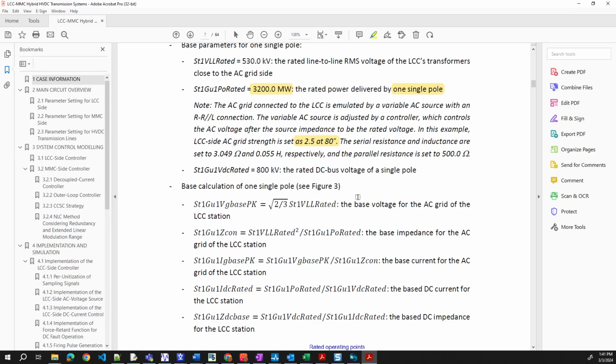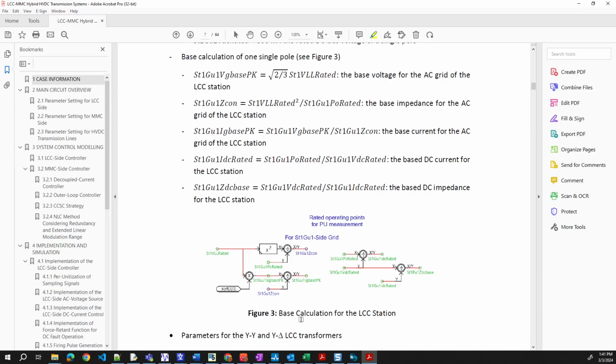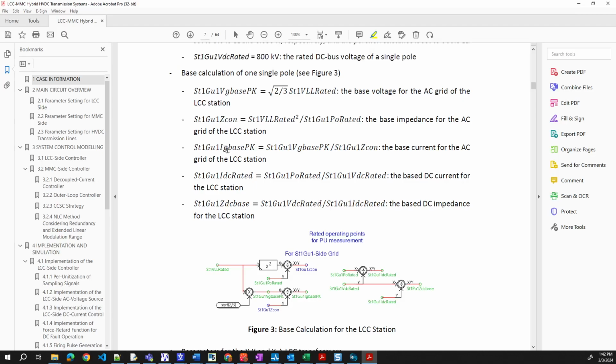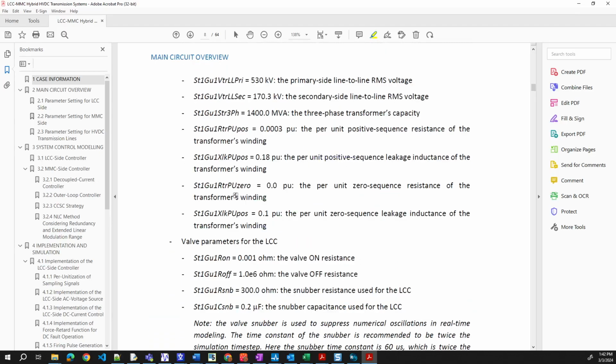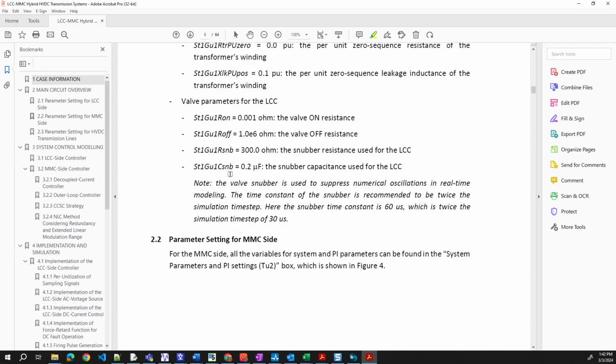See figure 3. That's the base calculation of the LCC. Okay, we get the base. Line to line, this is all the parameters here.